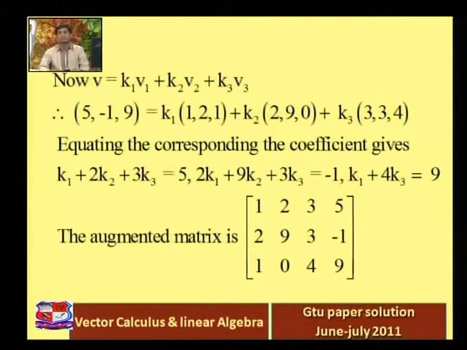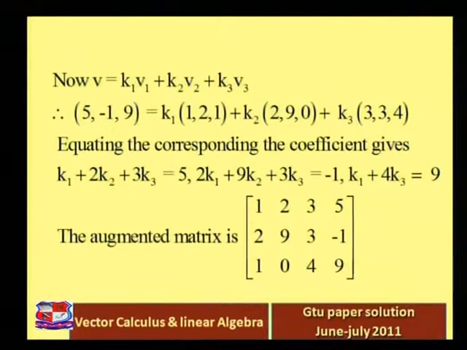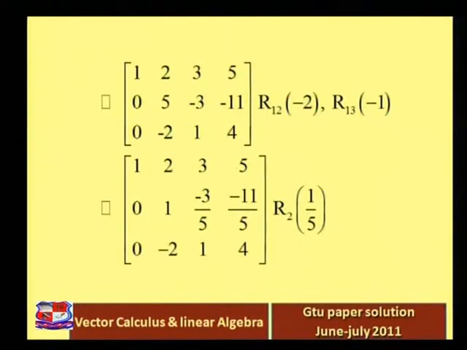We convert this augmented matrix into row echelon form. So what is our first process? The first leading entry is already 1, so we multiply the first row by minus 2 and add it to the second row, and multiply the first row by minus 1 and add it to the third row. So the first element of the second row and the first element of the third row become 0, meaning below the first leading entry are 0s. So the first row stays as it is, 1 2 3 5. The second row becomes 0 5 minus 3 minus 11, and the third row becomes 0 minus 2